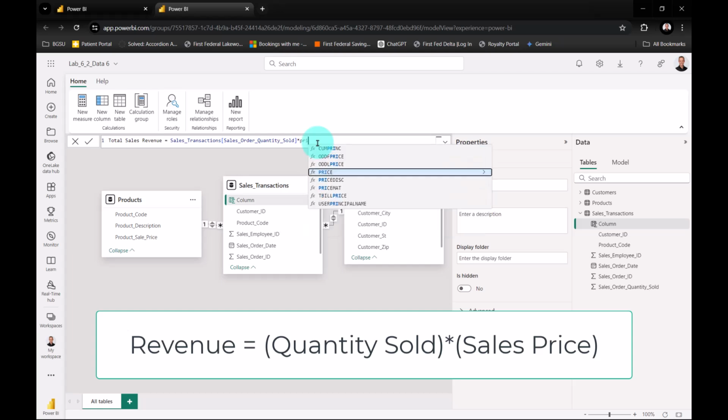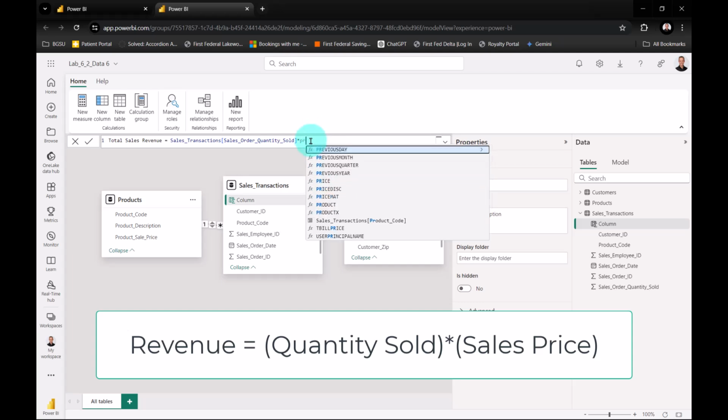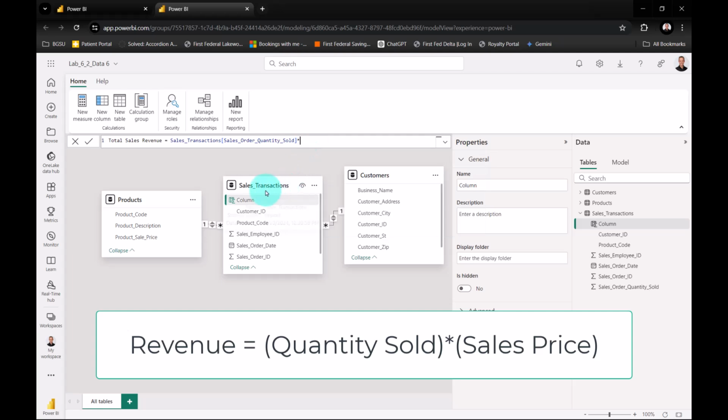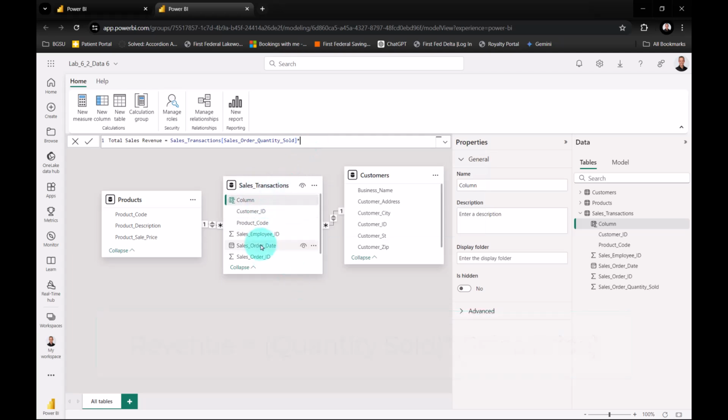But notice if we just type price, we don't get the variable that we need. We get different functions. That's because the price variable is not in my sales transaction table. It's in a related table, the products table. Product sales price is what I need to reference. To reference a variable in another table, I use the RELATED function. So type RELATED,